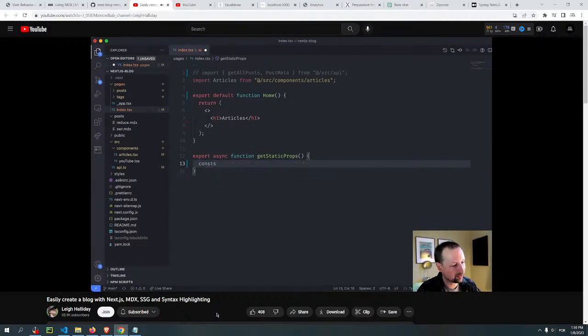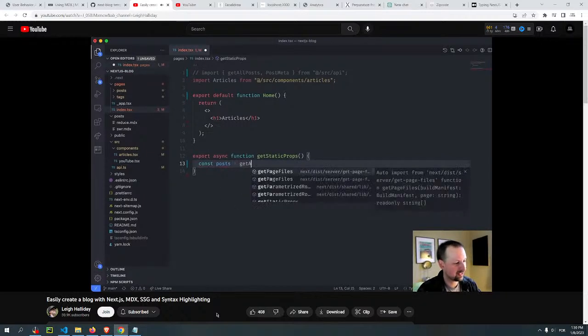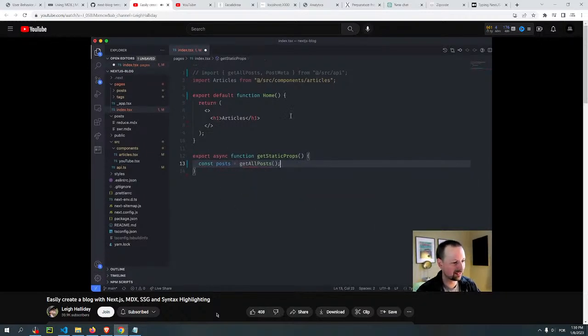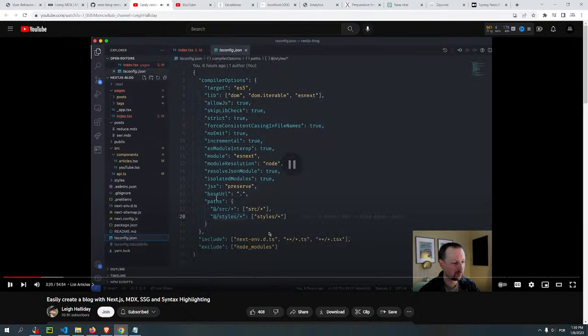What we want to do here is get some posts. So we'll say getAllPosts, which is a function that doesn't yet exist, but we're going to be grabbing it from src/api. Why is it at src/api? Well, in TypeScript, you can provide some